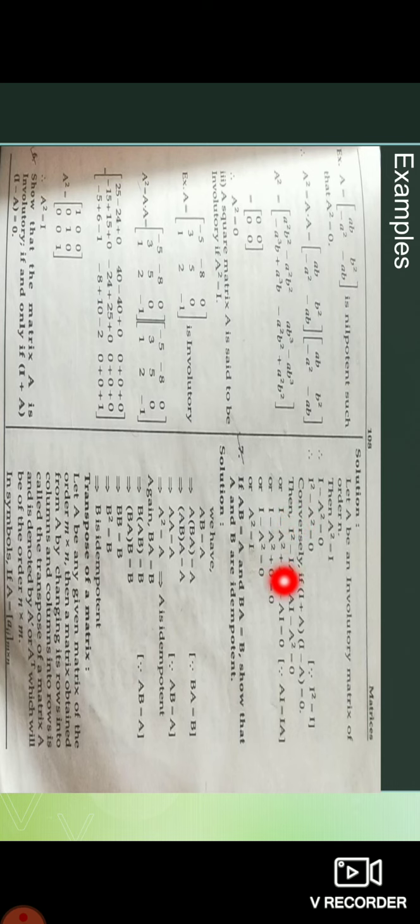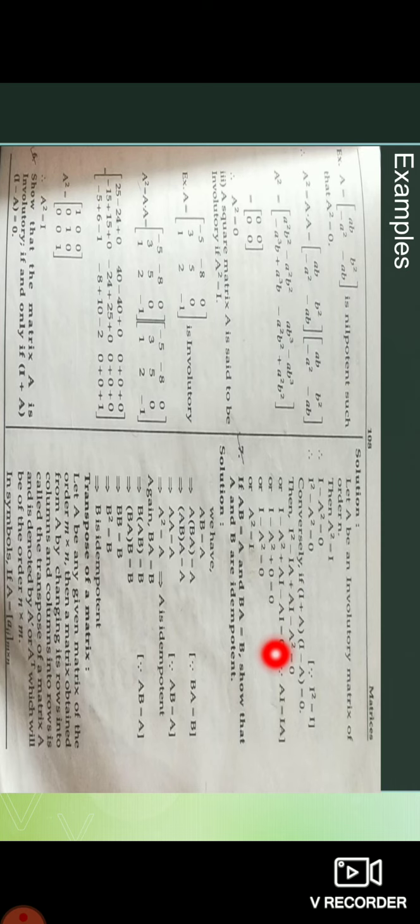I square minus A square is also 0. The reason is I square is equal to I, and A square is also equal to I. Conversely, if